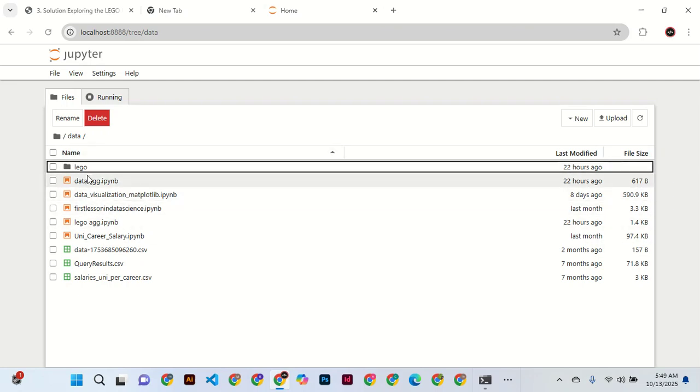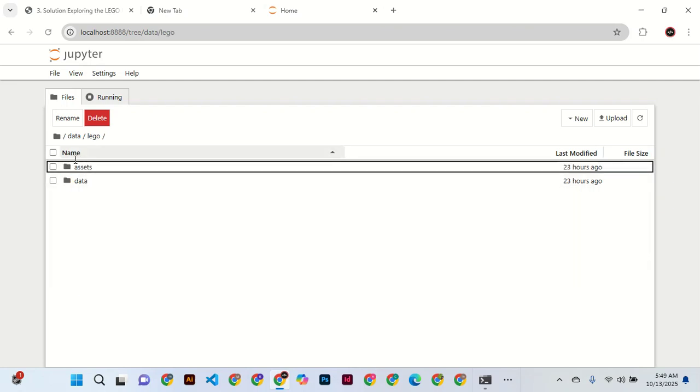that I was talking about last time. I created this folder, and inside the folder, I was able to make two more folders, and those were two different types of folder. When I open this, you can see assets folder within the Lego, and also we have data folder within the Lego. So inside these